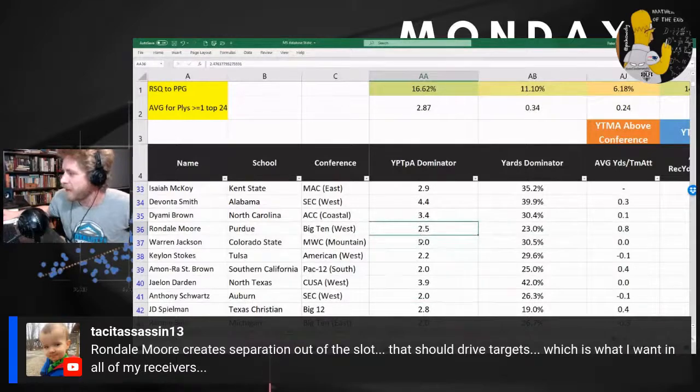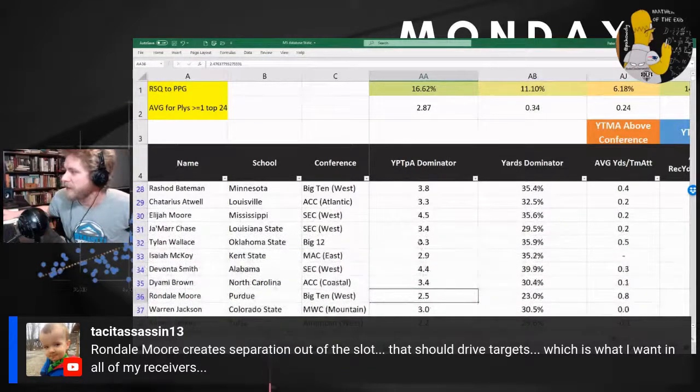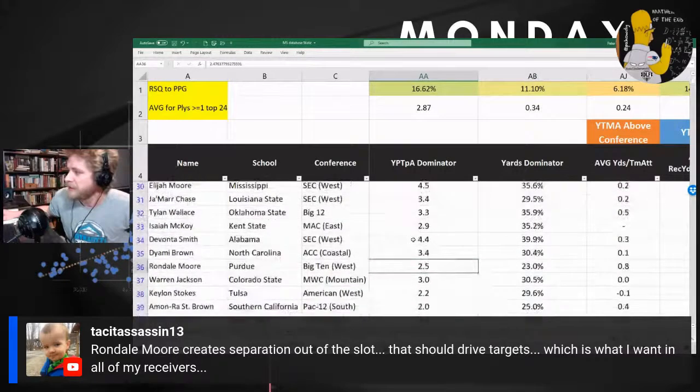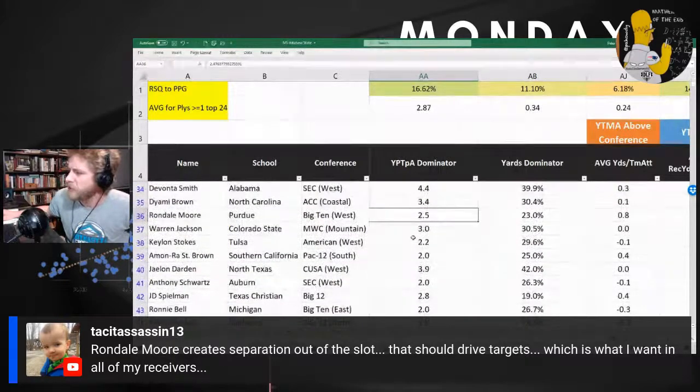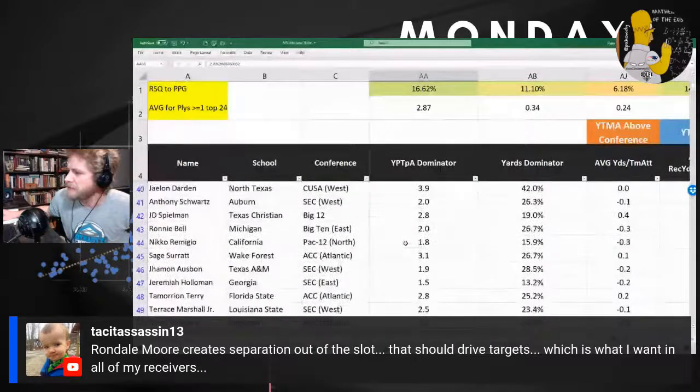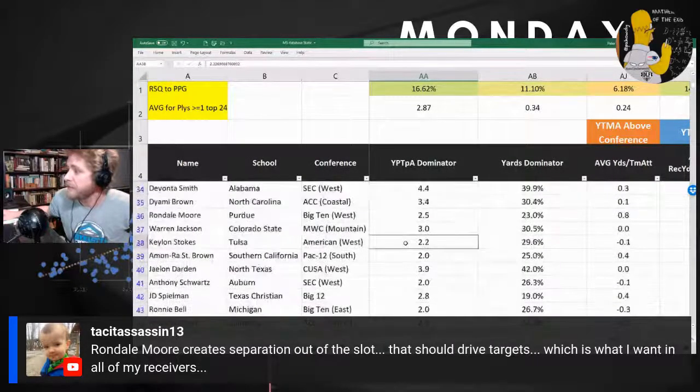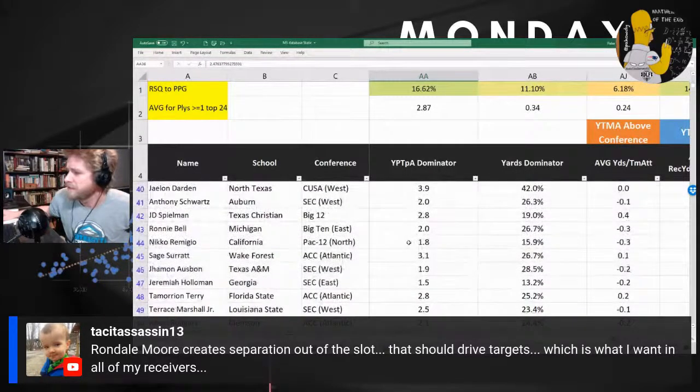I get that the role is limiting for you when you think about the college, when you think about the NFL system. But I'm looking for players that stand out. There's something that stands out. He had a 2.5. Terrence Marshall's at 2.5.